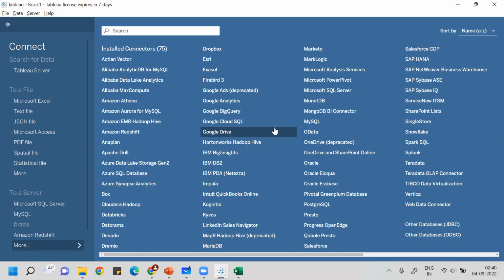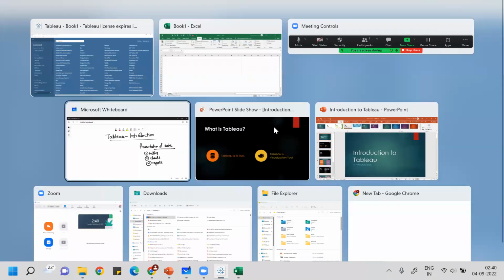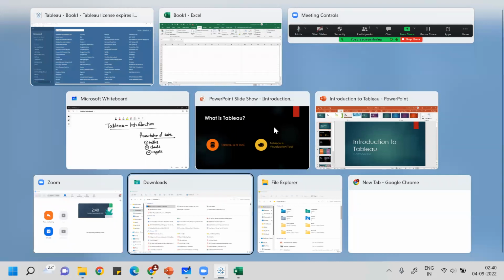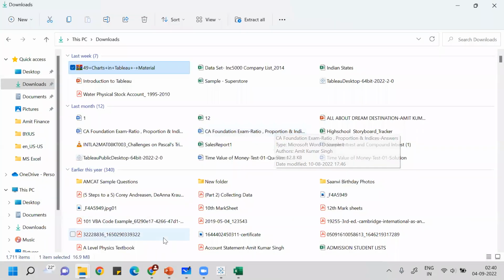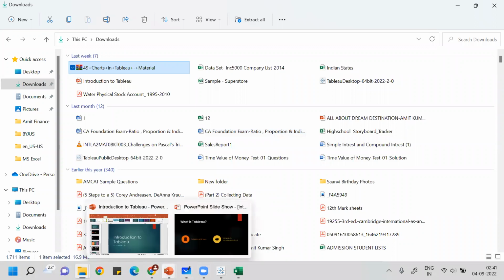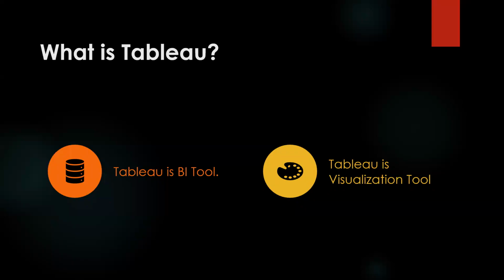That's why Tableau is called a business intelligence tool. Apart from talking about data visualization, we call Tableau a business intelligence tool because it gives that insight to the user who has created it. It gives a quick idea to the end user, so that it will help the end user to take a faster decision. That is the reason why we use Tableau.